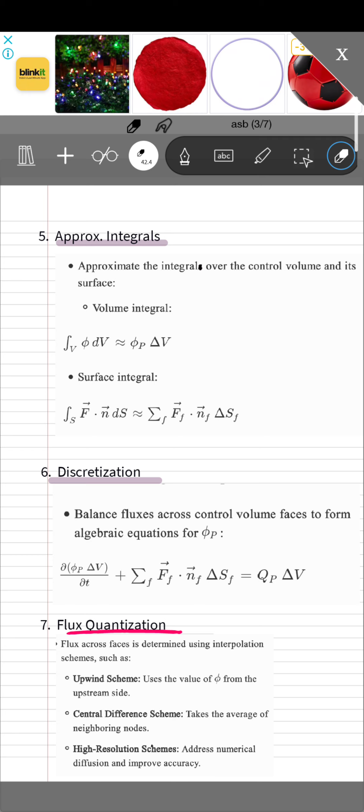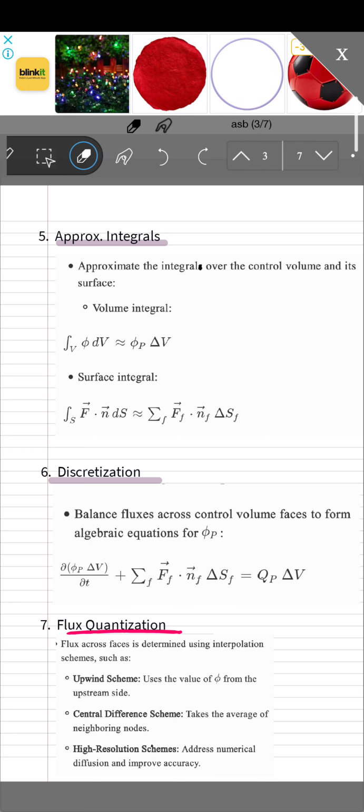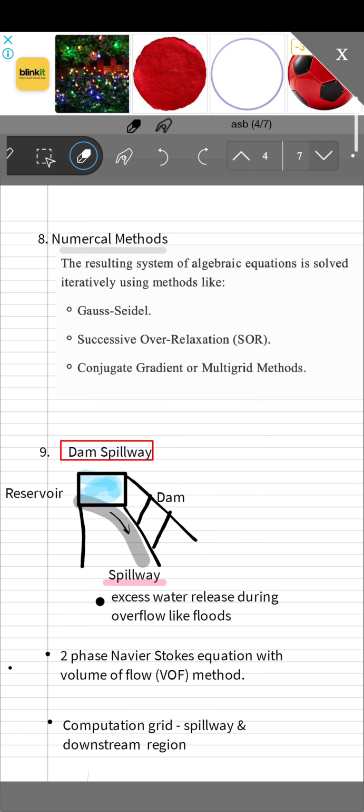Now, after the flux quantization has been initialized and everything, there are different numerical methods by which the equations are solved, and this FVM method, one of the case studies or examples where it is very much applicable, is in the